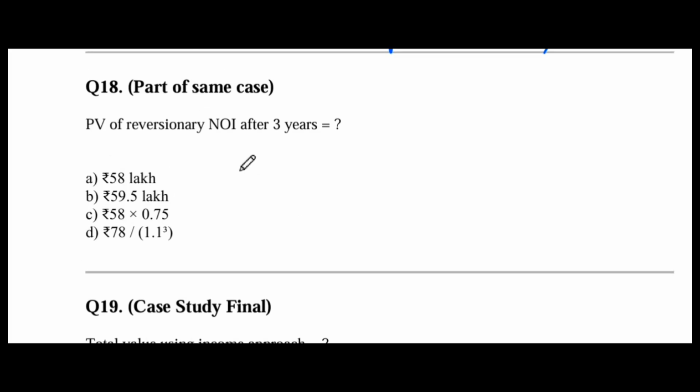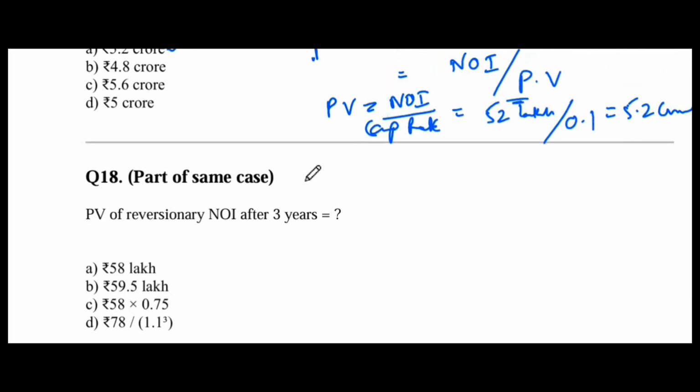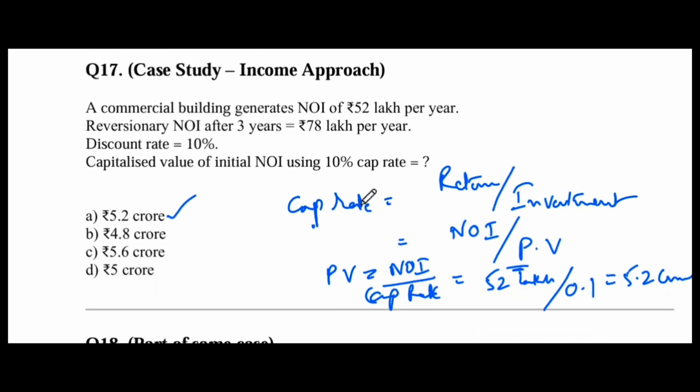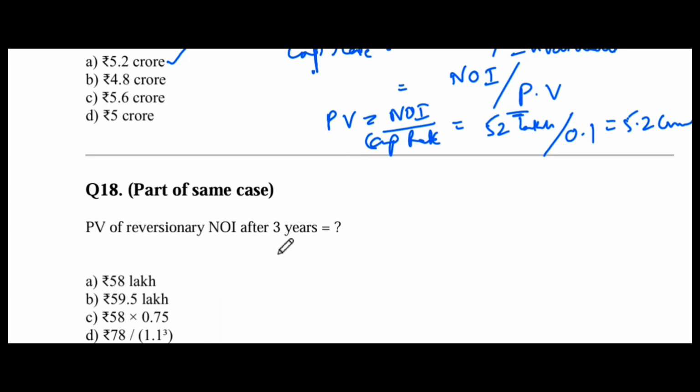So this question is PV of reversionary NOI after 3 years. Reversionary NOI we got is 78 lakhs per year. Reversionary NOI means this is the market value after 3 years. So the lessor will give the lease if he wants for 78 lakhs rupees per year. That means the reversionary NOI. The trend will be higher compared to now. So the reversionary NOI after 3 years will be